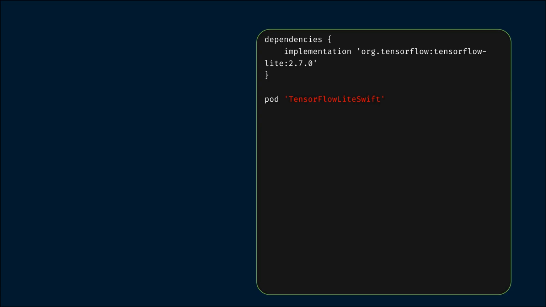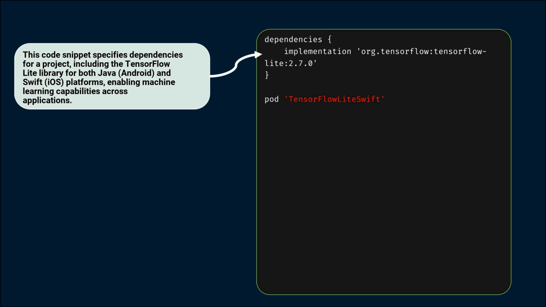Now that we have TensorFlow set up in our project, let's dive into the code responsible for loading our models for benchmarking. For Android, we begin by importing the necessary TensorFlow Lite libraries to facilitate model interpretation. We create a class called ModelLoad with a method, loadModel, that initializes the interpreter. This method takes a model path as an input, allowing us to specify where our TensorFlow model file is located. By establishing a file input stream linked to this path, the interpreter can load the model, enabling us to run